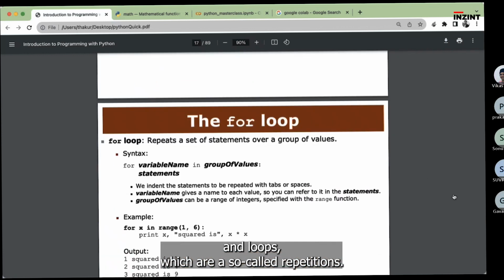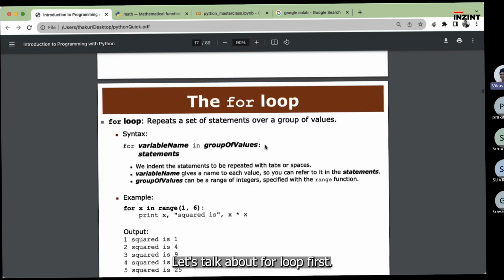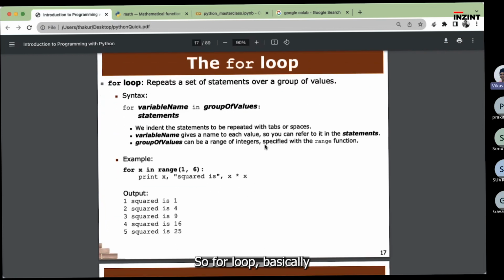Let's talk about for loop first. So for loop basically performs your instructions in repetition. So if you have given an instruction to the computer to perform something again and again, again and again,